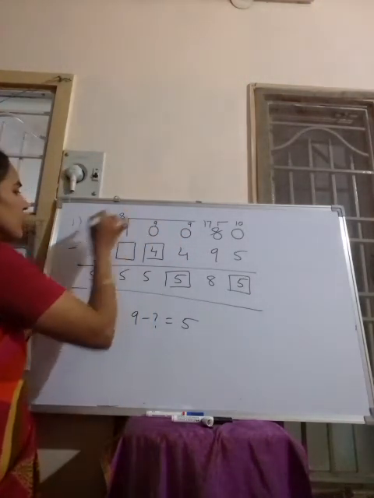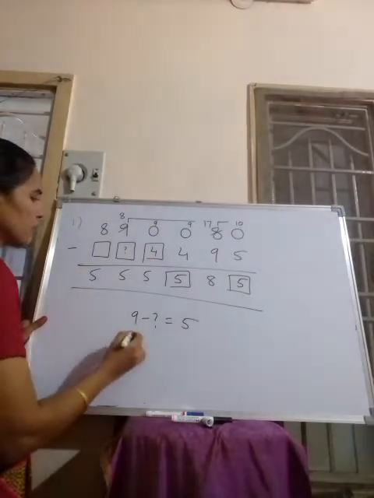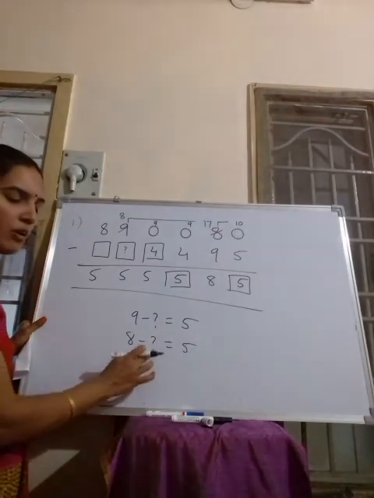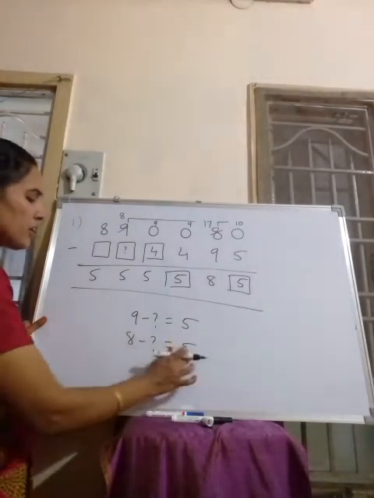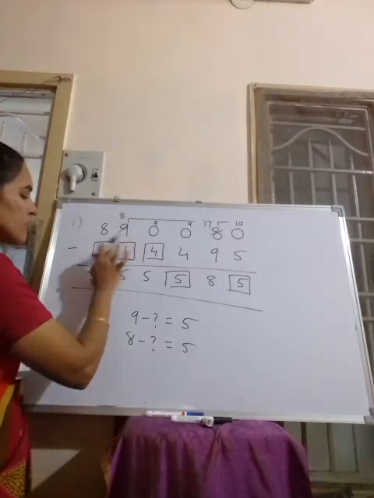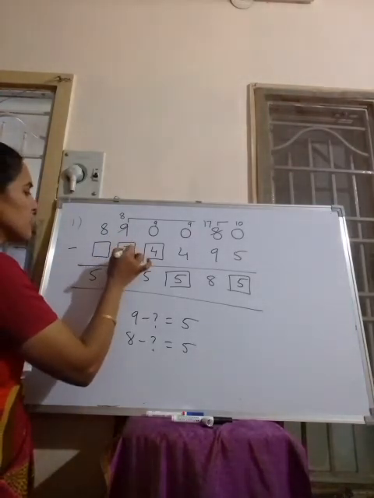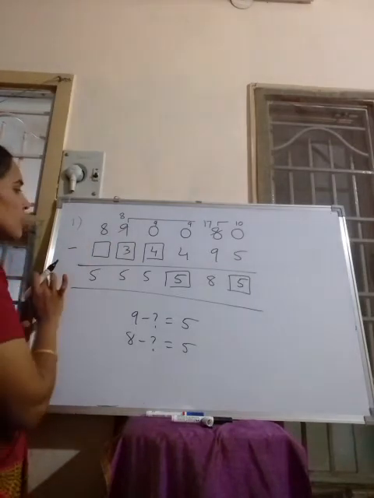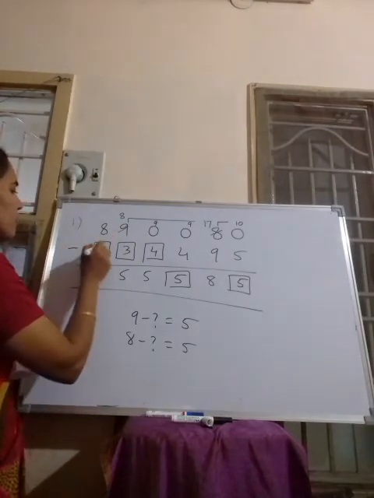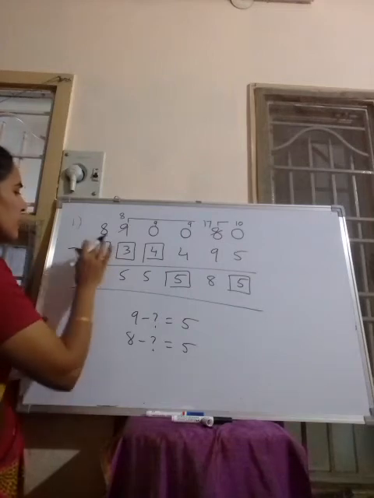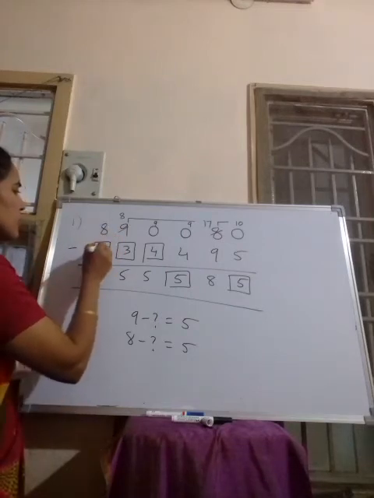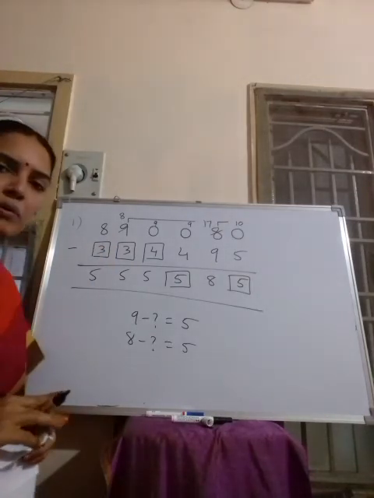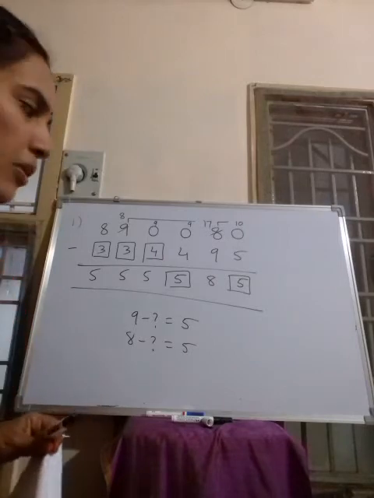Now here we are left with 8. 8 minus which number gives 5? Here also we want the subtrahend, minuend minus difference, 8 minus 5. 8 minus 5 is how much? 8 minus 5 is 3. Okay, that is 8 minus 3 gives 5. Now from 8 what do we have to subtract again to get 5? That is 8 minus 5, that is again 3. Okay, this is how we subtract, by using the relation between minuend, subtrahend and difference.